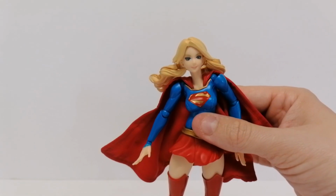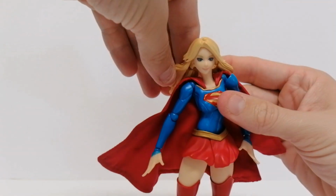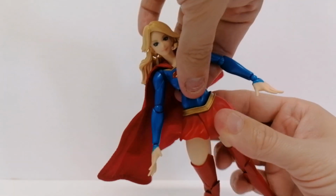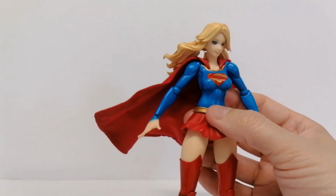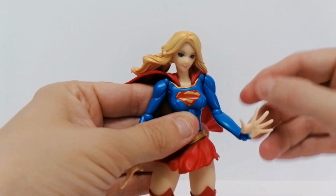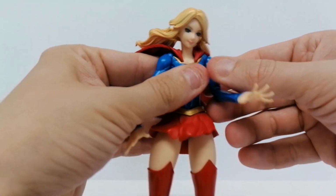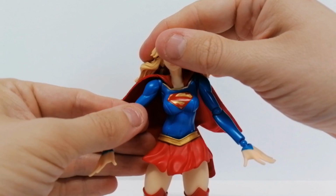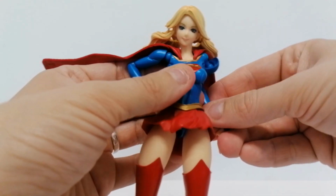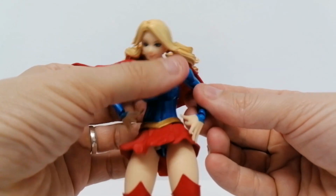If you're unfamiliar with Revoltech, you really do have to get one of these in hand to play about with, to understand just what these can do. I think you need to spend a lot of time manipulating the joints and putting them into different positions to get them into nice poses, and to also hide some of the gaps that you get with these. But once you get them into a nice position, the gaps themselves are part of the figure, but you are able to hide them just by spending a little bit of time